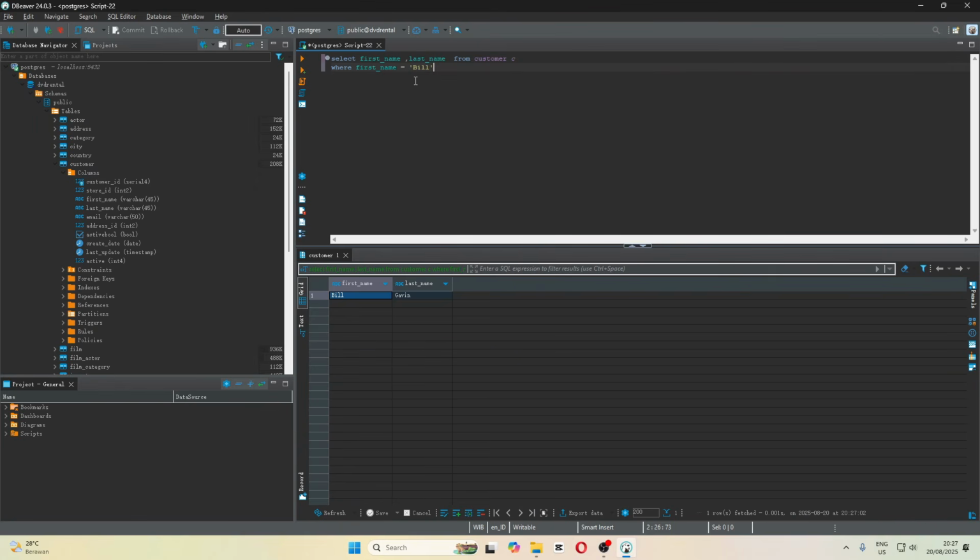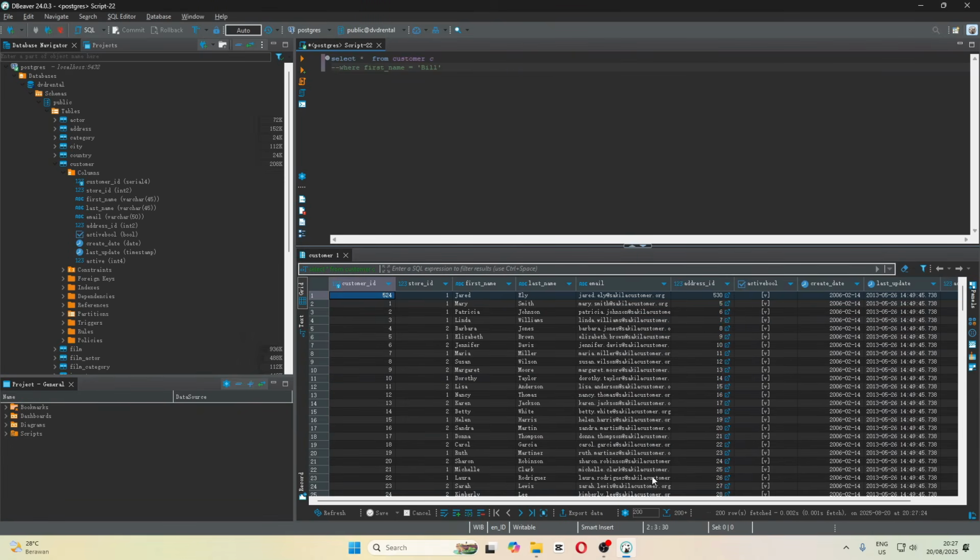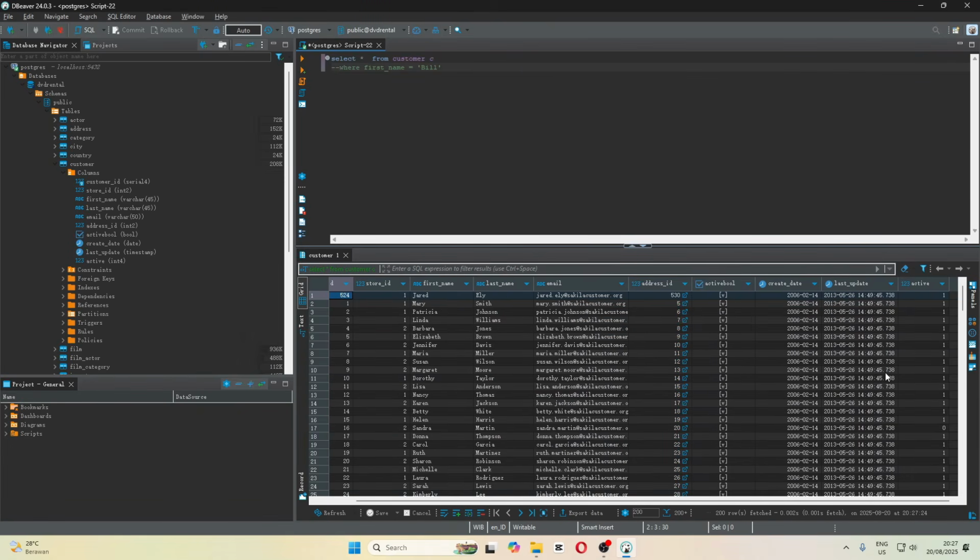Now, let's try with a number. As you can see in our customer table, we can see the active field. This specifies whether the customer is active or not. If the customer is active, the number will be 1, but if the customer is inactive, the number will be 0. Okay, we will play with that.